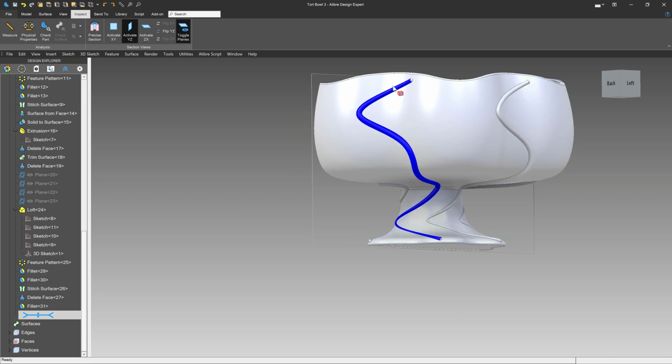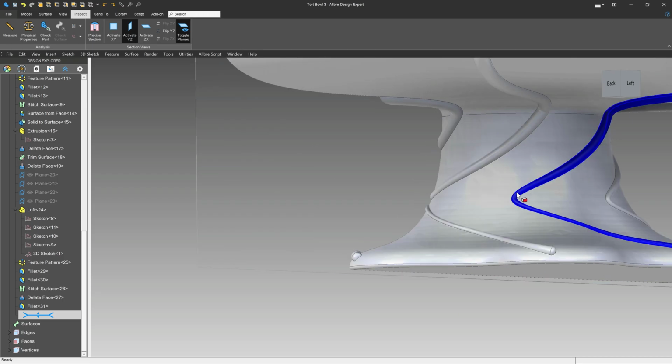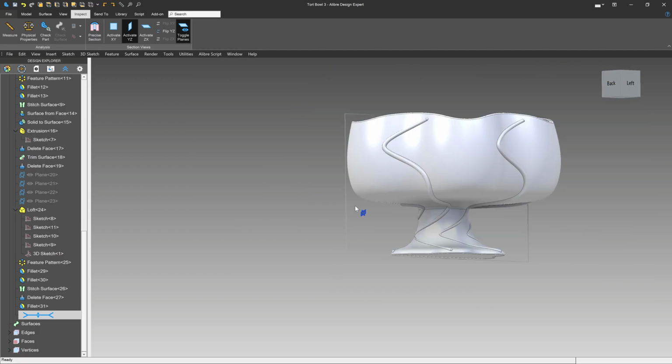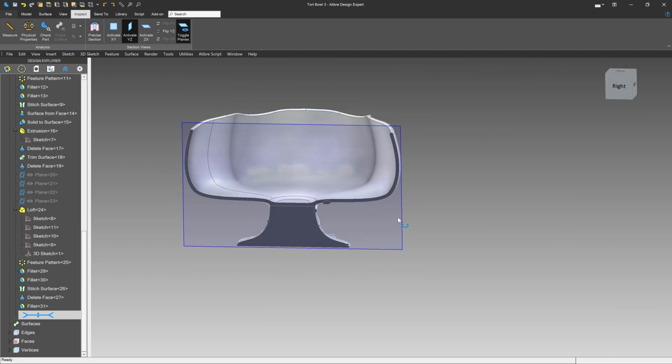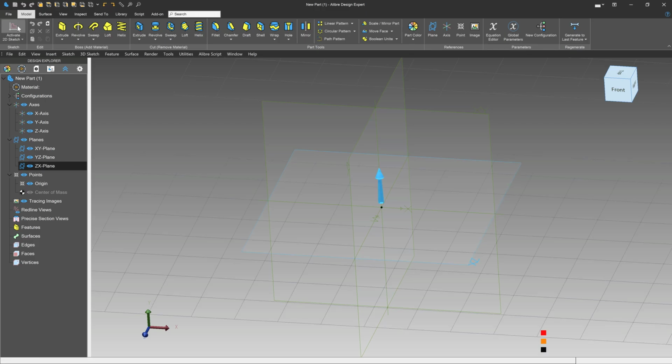We'll talk about putting some features on here that in this case change size as it goes from small to large, and we'll talk about generally a way that you can make this and some of the tricky stuff involved. Let's jump into it. Starting from a new part, I'm going to click on my ZX plane, the one that